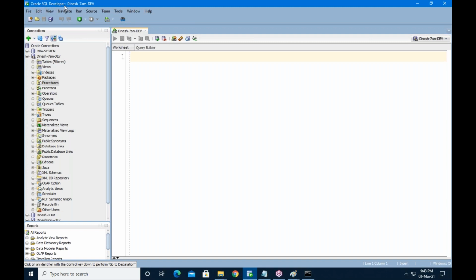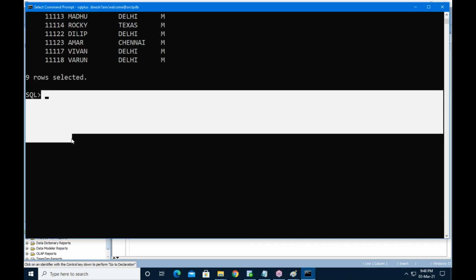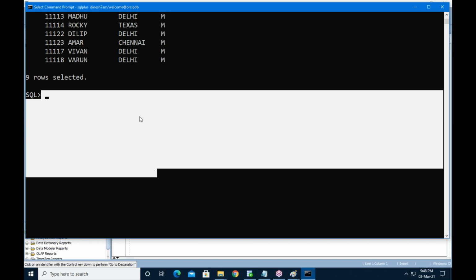It is a GUI client window, GUI tool, graphical user interface tool. And this is known as a CUI tool, command user interface tool. Any one you can use.